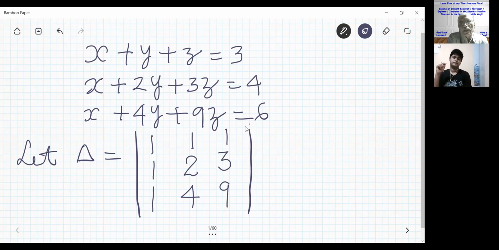Yes, sir. Now what you have to do is this one you have to expand by the method I have given. So we will take it as then delta is equal to. Let delta is equal to. Then, sir, next is then, right, sir? Why do you write then? Then you can write, yes. Because let delta we have taken here. So then you can write then delta is equal to.